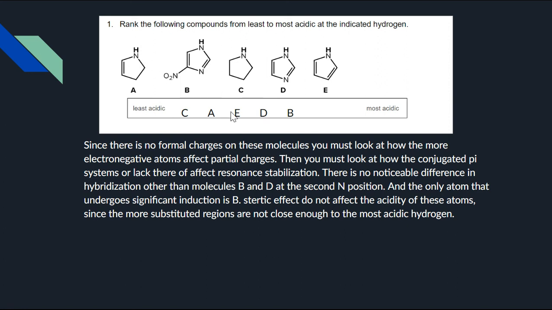So if you can look at these, you can see how all the stabilization factors are affecting exactly how acidic all of these are due to what the stabilization factors are doing for the base versus the acid. So if you're to gain a negative charge on the nitrogens or leaving it in this state, what's more stable? So you can see by the way I ranked that's according to those. So just really have to look at the stabilization factors and what the difference in a base versus an acid is going to